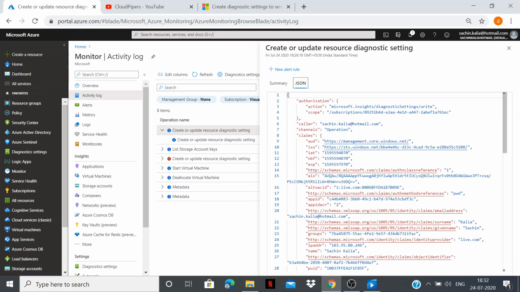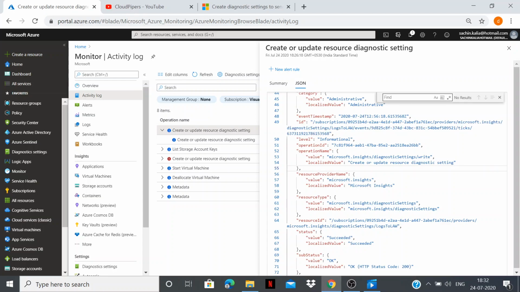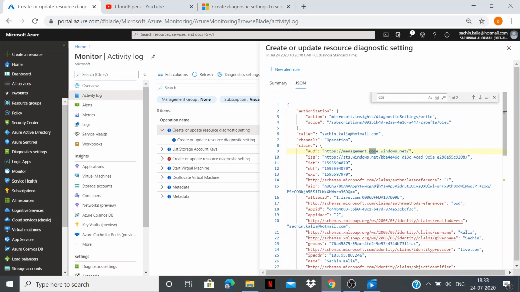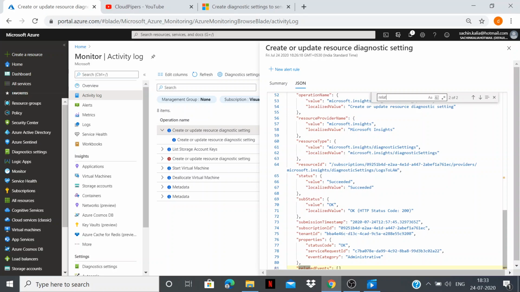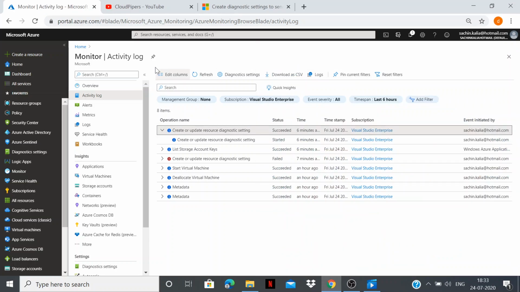And if I look for the correlation ID related to this, let me find it. As you can see, we have the correlation ID. Generally it is unique. Let me copy this, and we will see whether it persists in the specific Log Analytics Workspace or not.